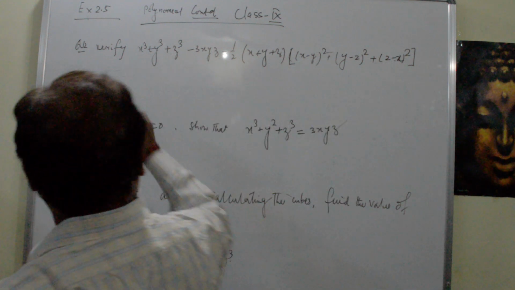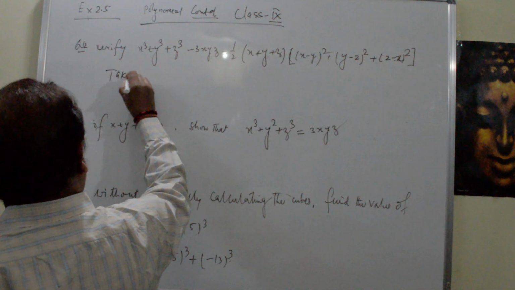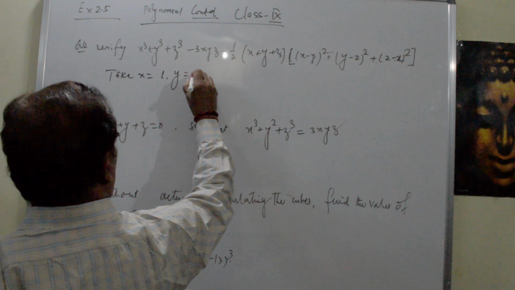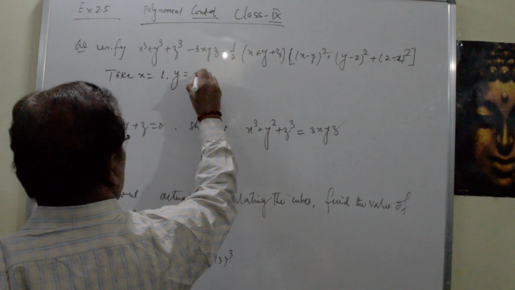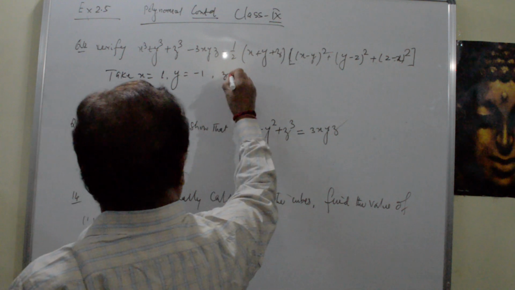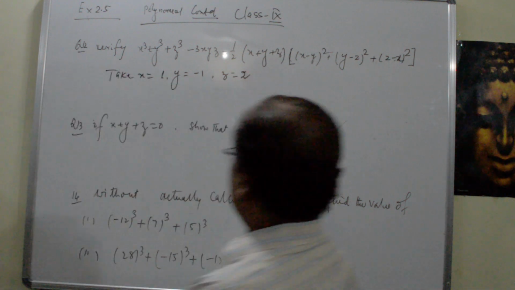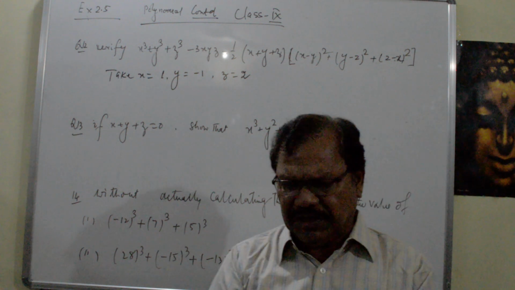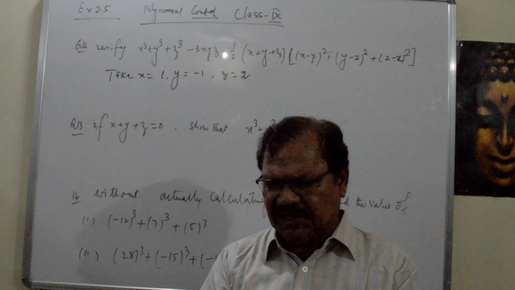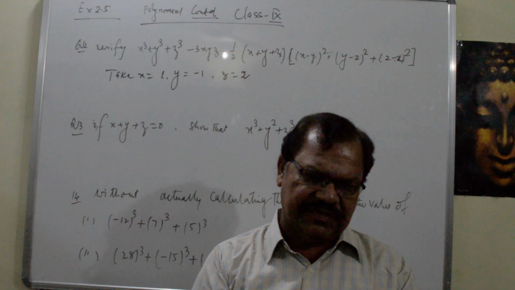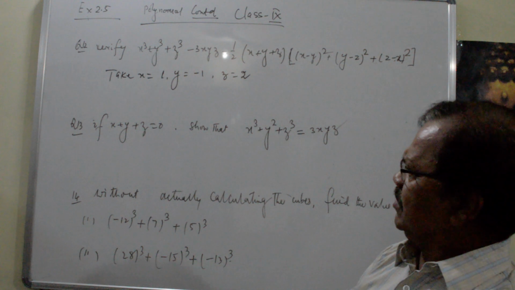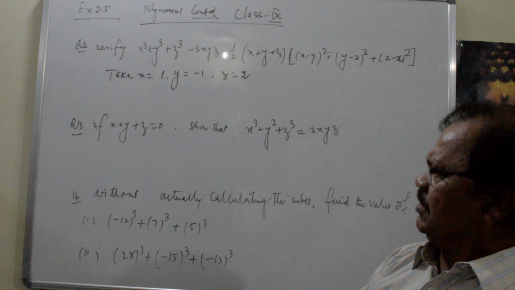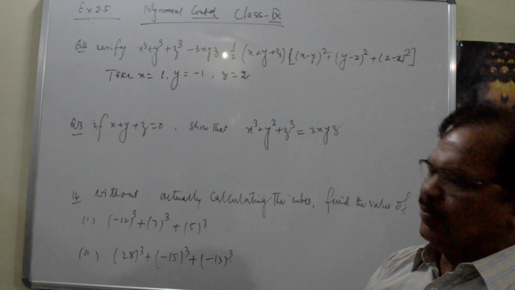So take x is equal to 1, y is equal to minus 1, you can take, no problem. z is equal to 2. Because I have taken very simple integers, it facilitates us to get the solution very easily. So I have taken x as 1, y as minus 1. Here x plus y plus z is not 0, rather we are getting x plus y as 0, no problem at all.